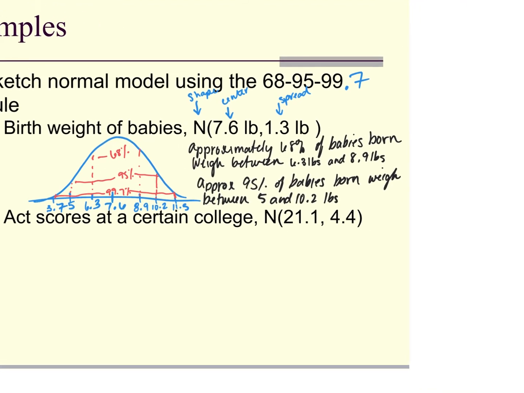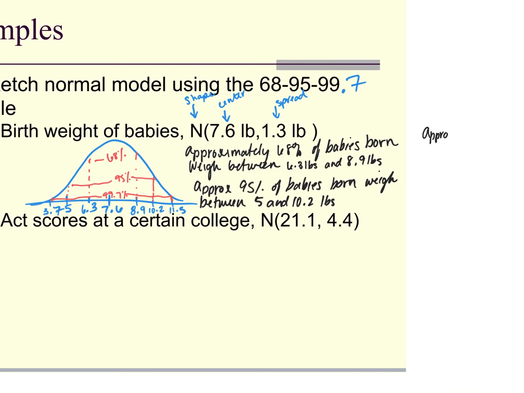And then approximately 99.7% of babies weigh between 3.7 and 11.5 pounds. So if your mom tells you you weighed 12 pounds at birth,